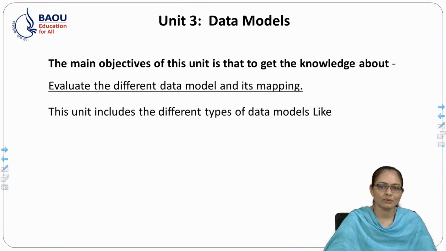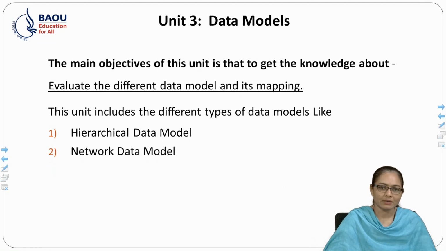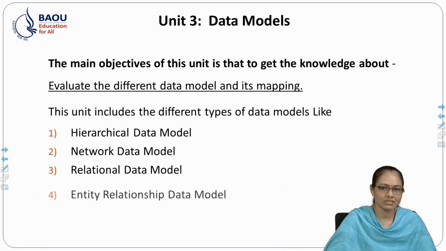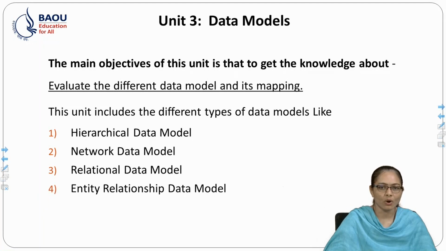This unit includes the different types of data models like hierarchical data model, network data model, relational data model, entity relationship data model and object oriented data model. Now we discuss these models in detail.